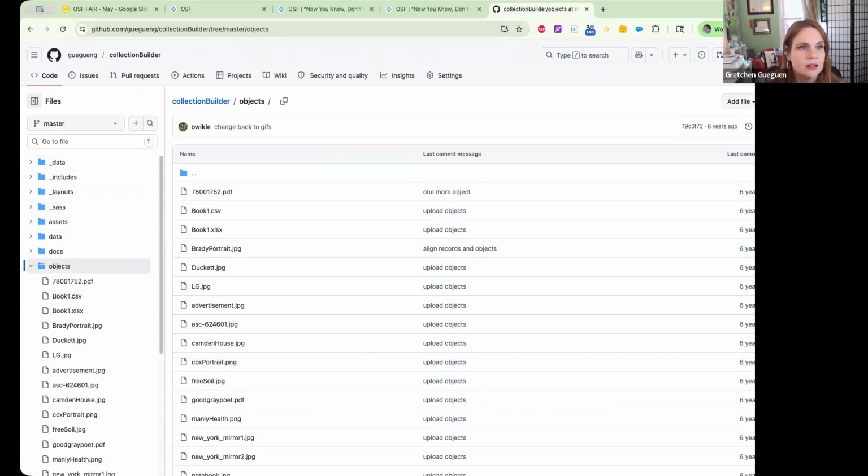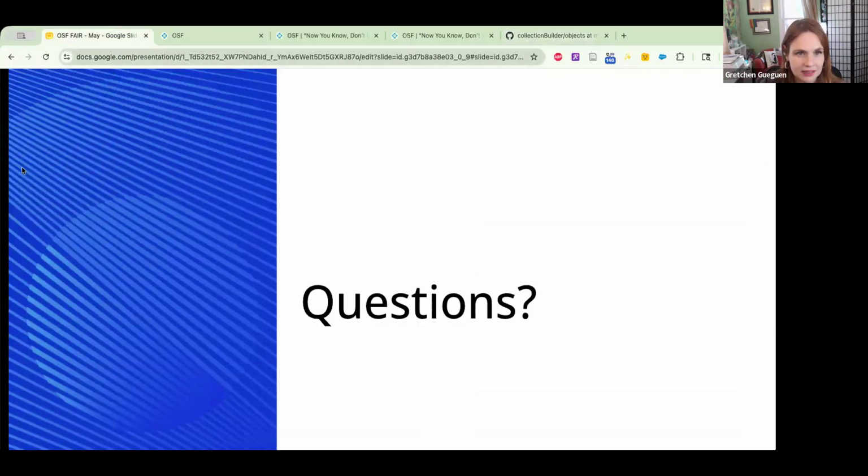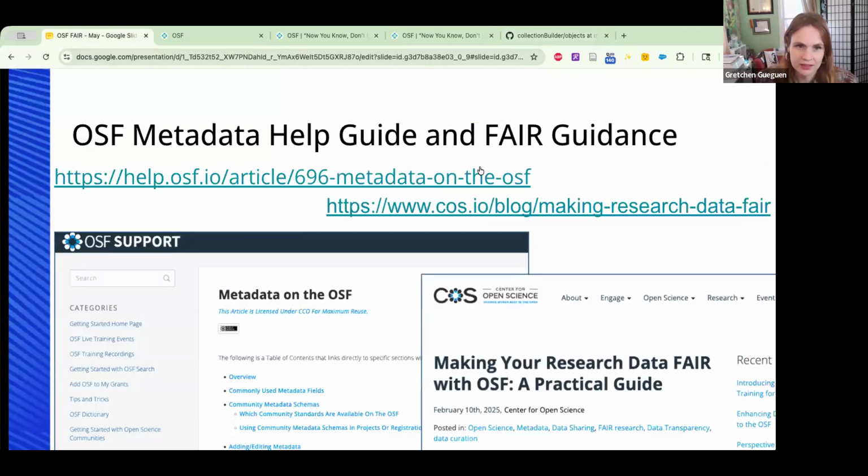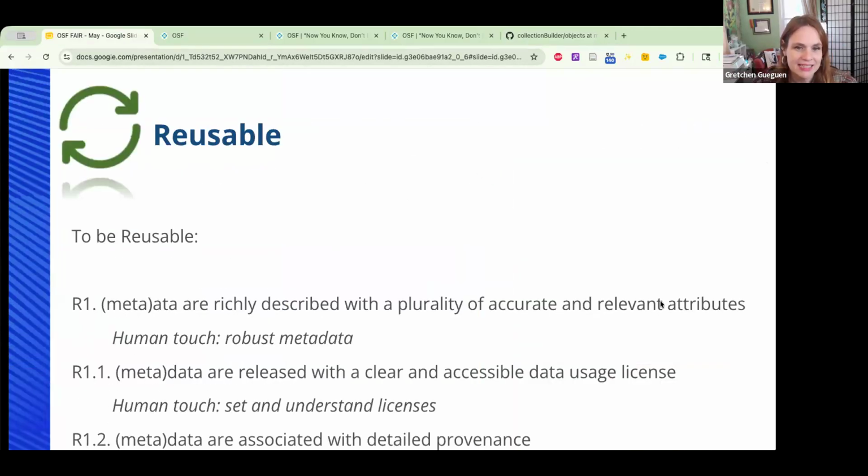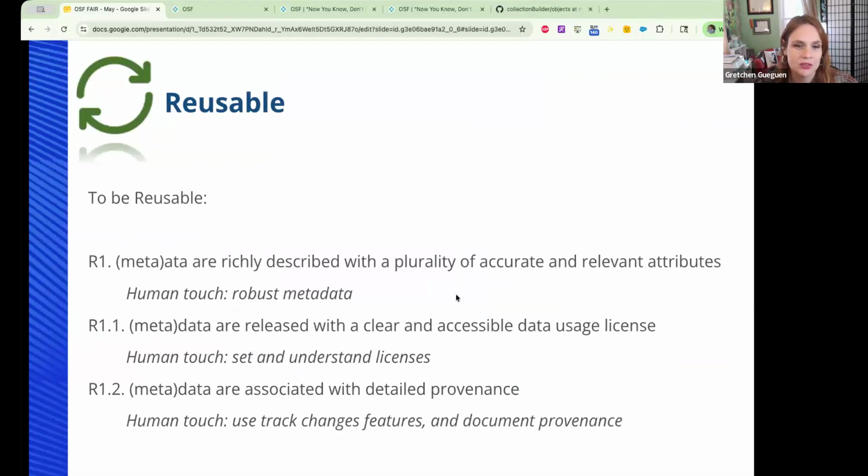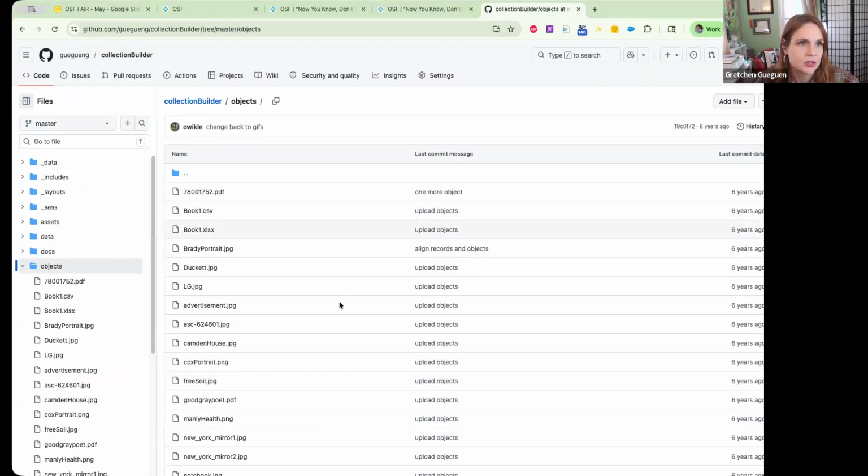So a lot of the FAIR principles are related to metadata, but if you remember, a lot of those principles said metadata and data are richly described. Metadata and data are released with clear and accessible data usage licenses. So a lot of the principles apply to metadata, but they also apply to the actual content that you're creating as well.